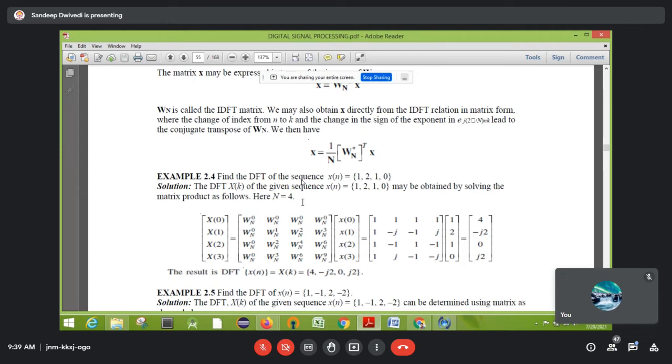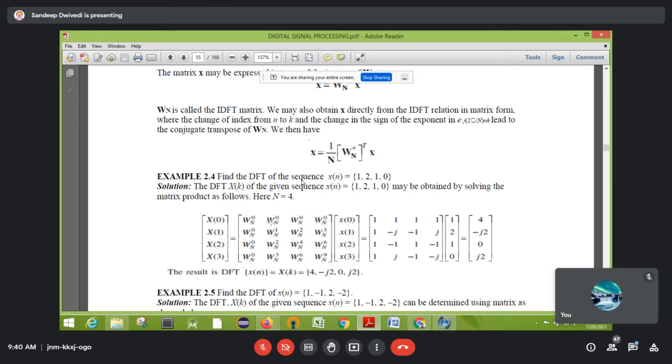Okay, so the 4 point DFT, as I told you, if you form the matrix, Twiddle factor matrix, this is your DFT, this is your input sequence, this is given in the question. Okay, and this is your Twiddle factor matrix. So as I told you, first row all the elements will be W raised to power 0. For the first column also W raised to power 0. Okay, then here n is 0 1 2 3, and here k is 0 1 2 3 same.